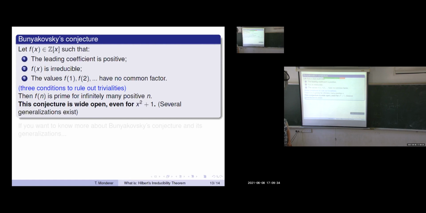So I actually have no idea about this conjecture. Basically, the reason I included it here is that what helped me grasp it was Hilbert's Irreducibility Theorem. It's like, oh, you can plug stuff in here. But the Wikipedia page, I think, has a lot of information, especially if you look at the more general conjectures, Schinzel's hypothesis H, which is like this one for several polynomials, which leads us to our final point, which is,